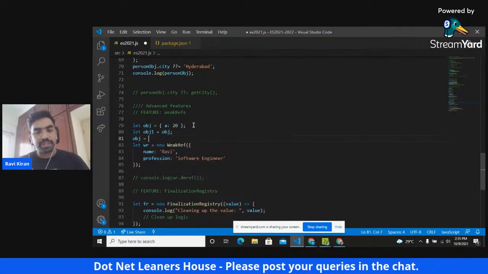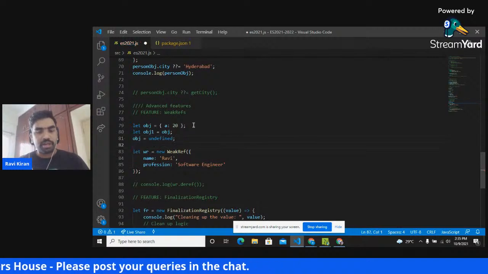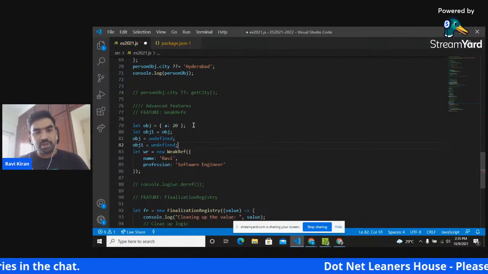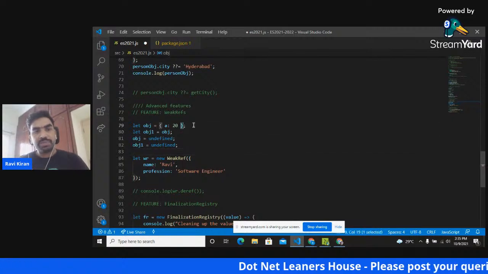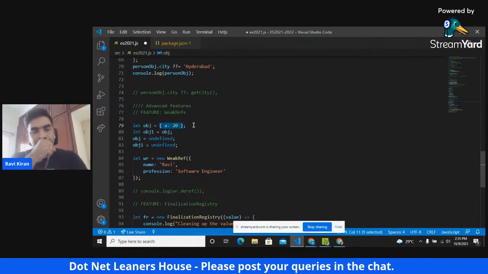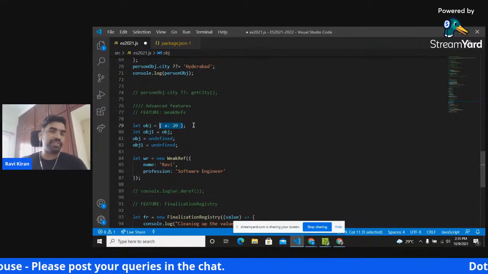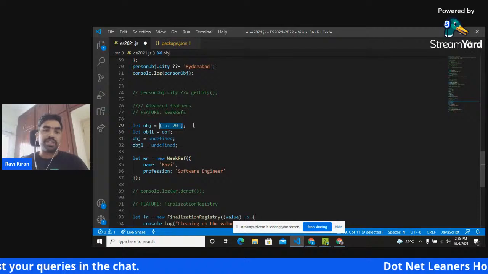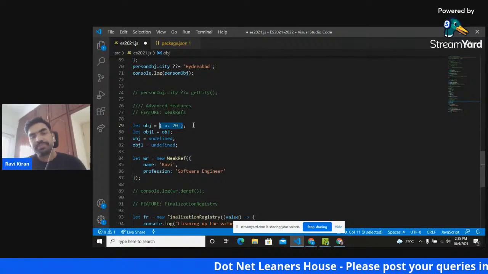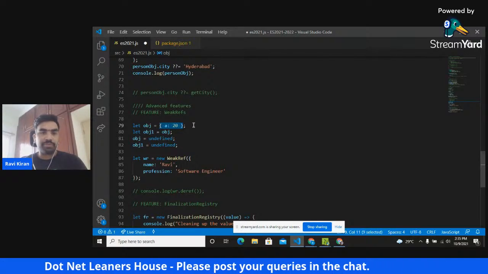So basically, when you set obj is equal to undefined and obj1 is equal to undefined, only then we can say that this particular object is free of any references and then it can be garbage collected. But even in that case, we don't know when this is going to be garbage collected because the implementation can be different from platform to platform, right?